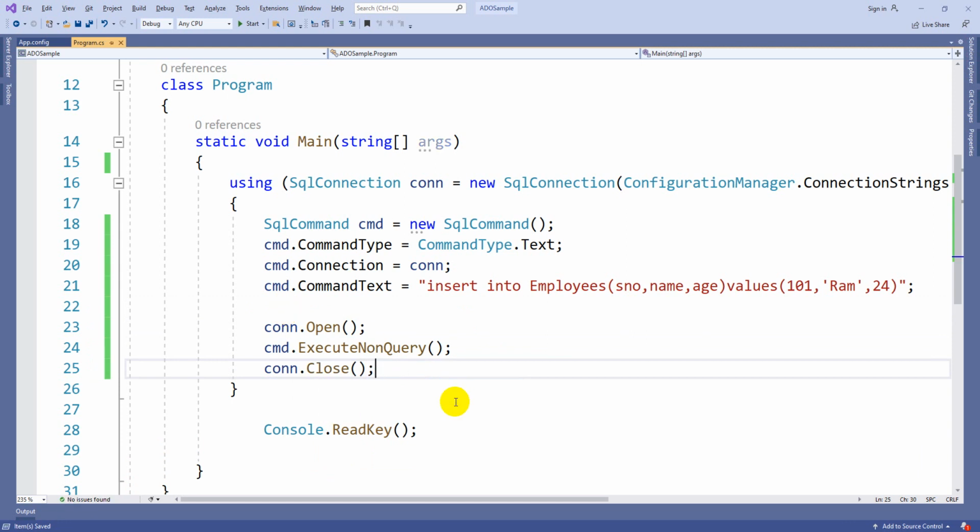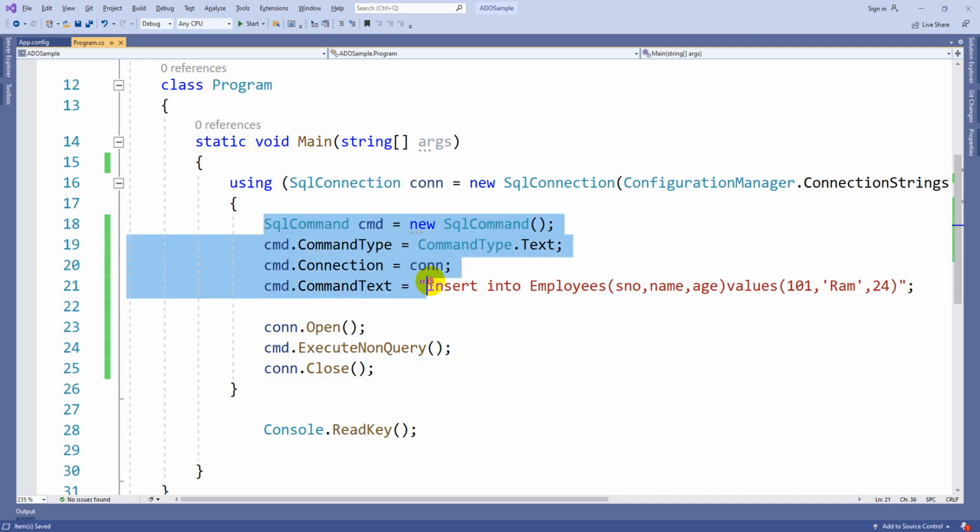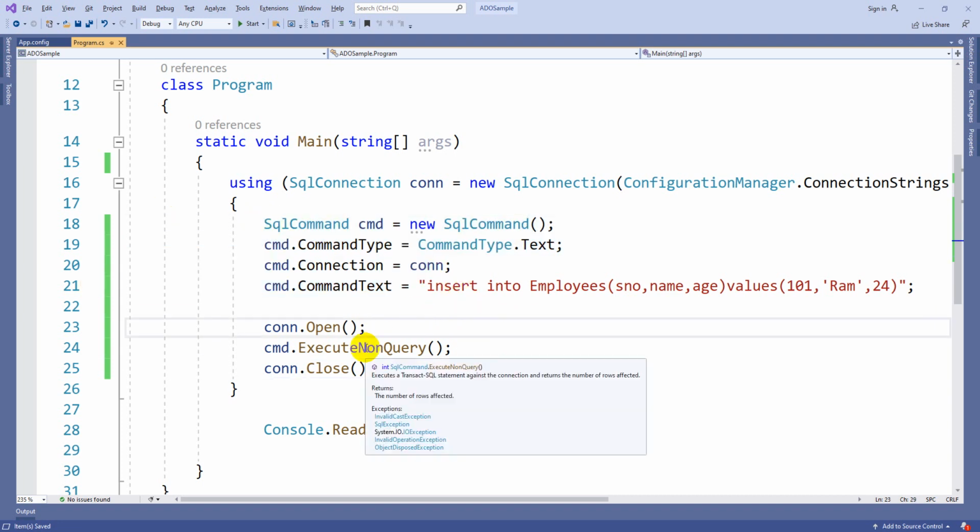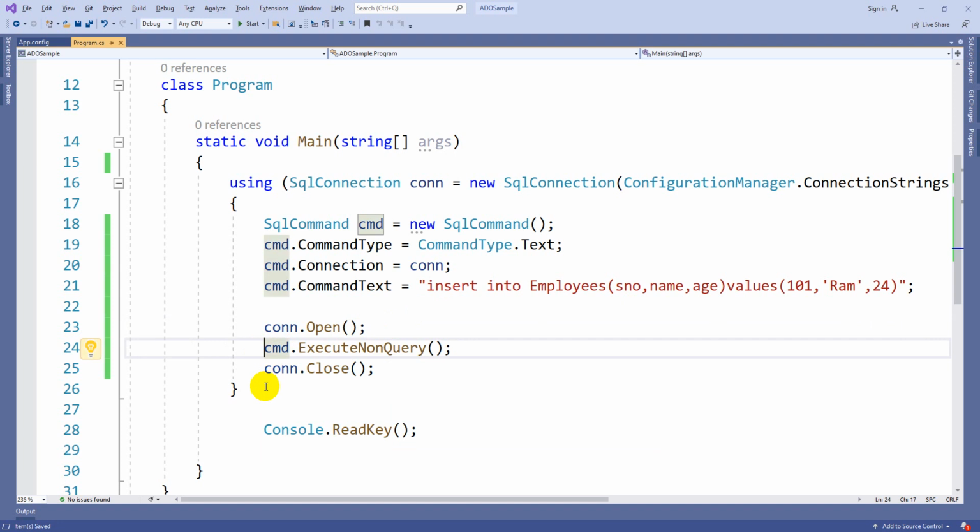How do I come to know whether this particular query execution is successful or failed? Correct, we need clarity, we want to get an acknowledgement after the execution. Especially this execute non-query, you can see it is going to return an integer, that means it is going to return the number of rows affected. That means for insert, update and delete commands, you can expect how many rows are affected.